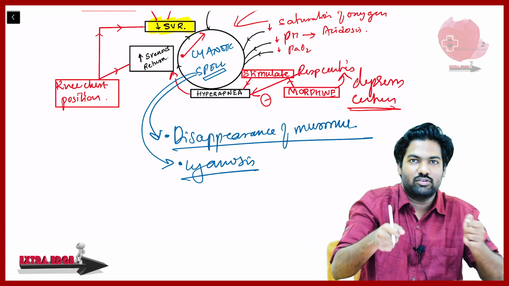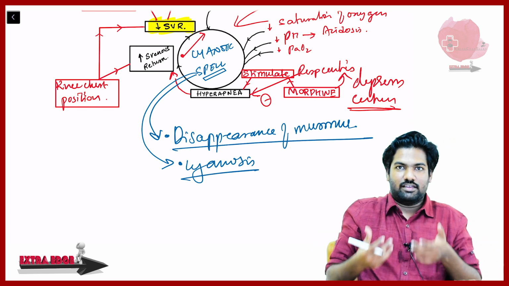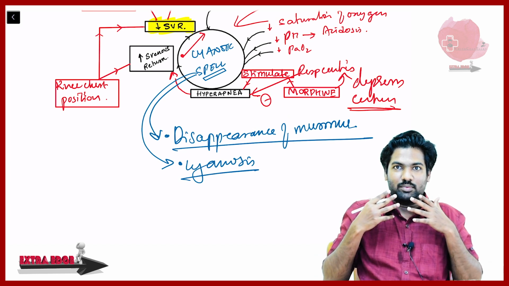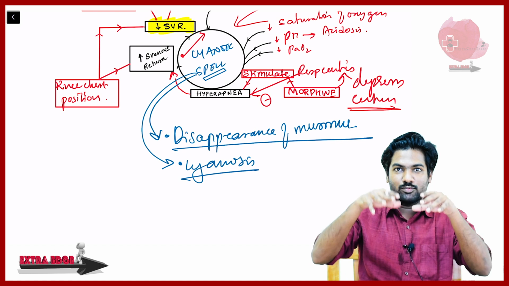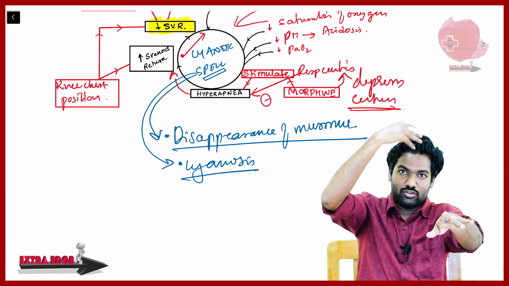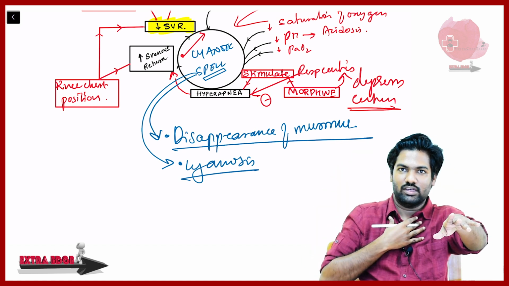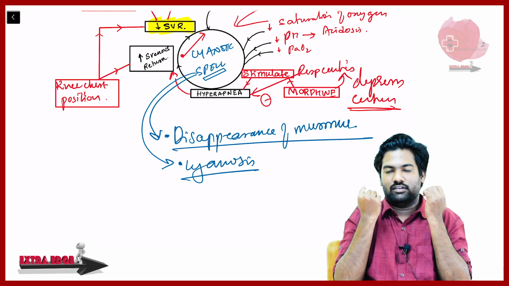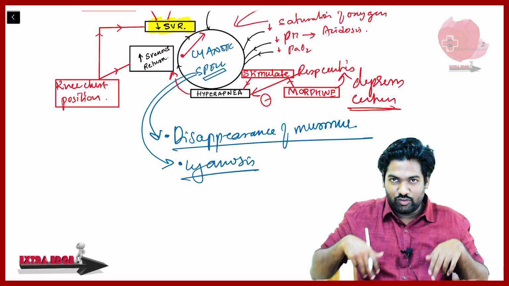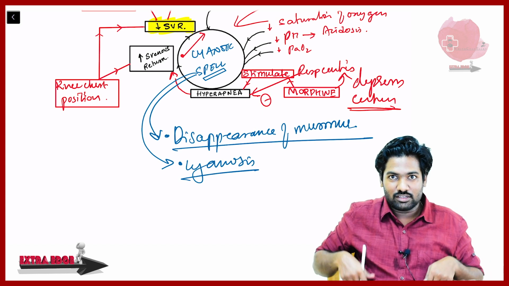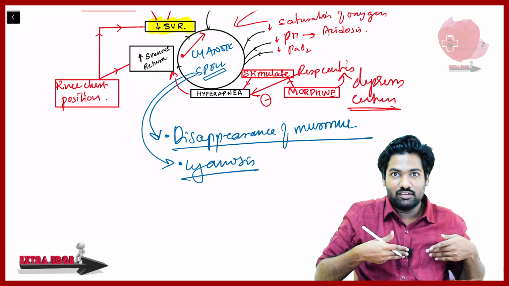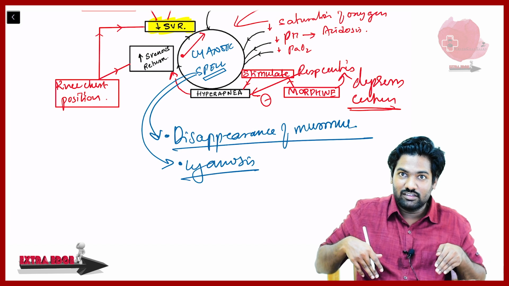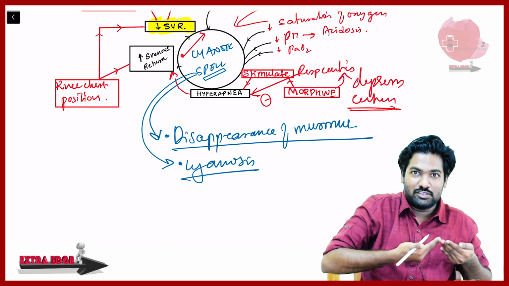The moment you put him into knee chest position, the knees are compressed, or the hips are flexed over the chest. Once that happens, what happens? Venous pooling will be there in the legs only. So the venous return to the right side of the heart is reduced. Another thing I'll tell you: when you flex that hip, the femorals are compressed. They are very major vessels of what? Aorta. When they are compressed, the pressure is increased, and that same back pressure goes to the aorta.